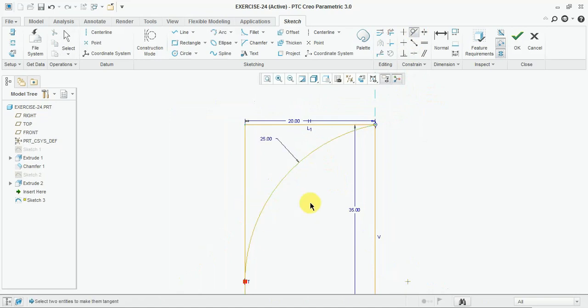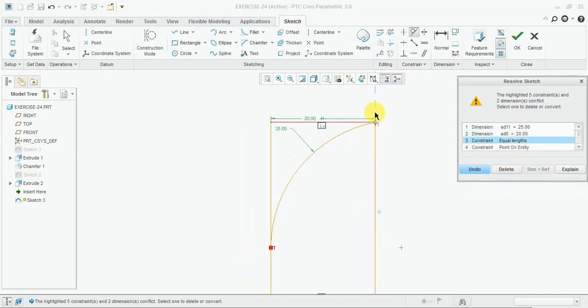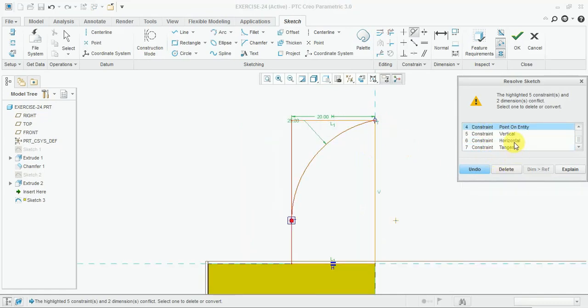Make the tangent to this one. Equal length. Delete.